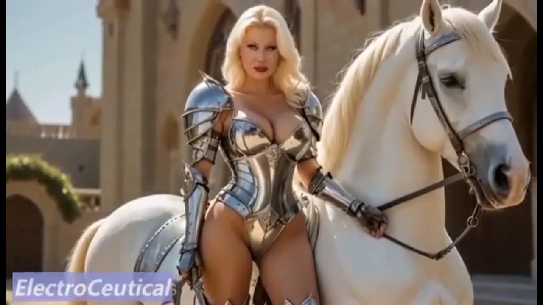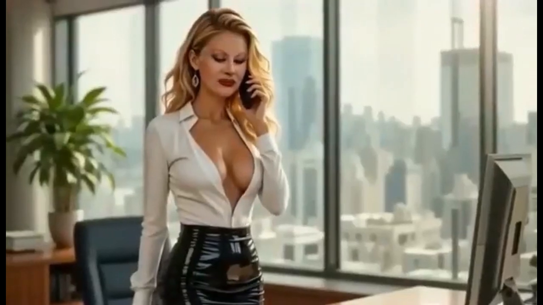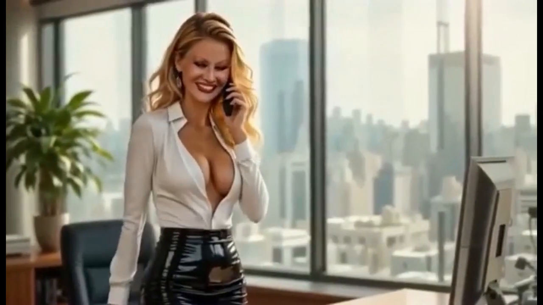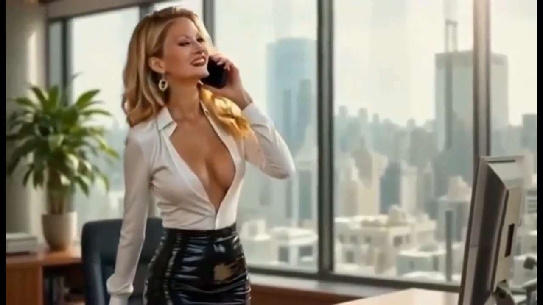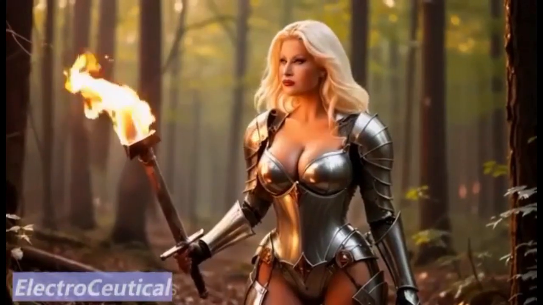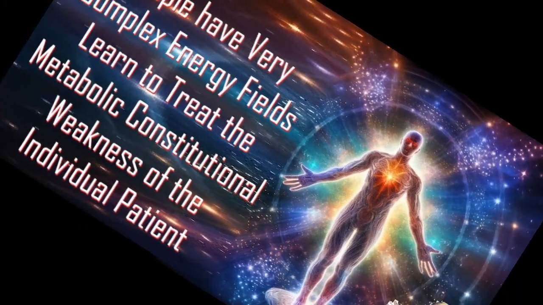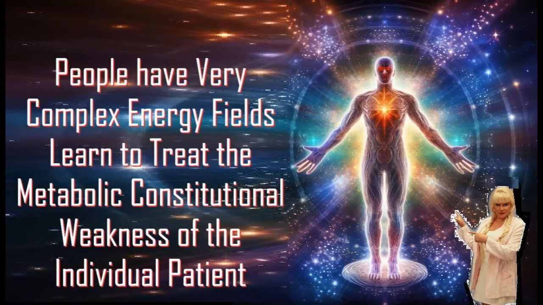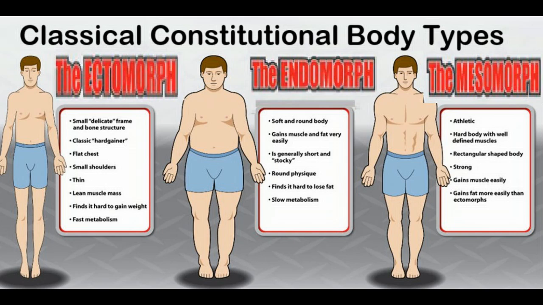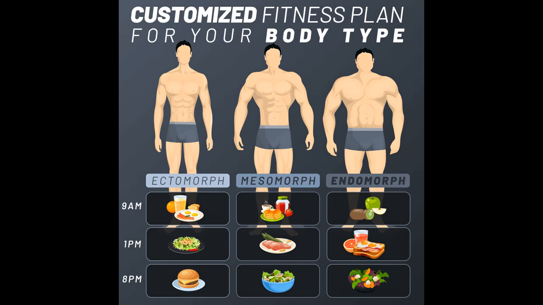But beyond all of that, we need to also recognize the individual and treating the individual, whether they be heavy, whether they be skinny, with all of these things that we happen, people are different. They have different body shapes, different body types, different constitutionals, whether you're dealing in homeopathy or acupuncture. All the way back to the beginning of medicine, people recognized that there was different constitutional types, different body types that had to be treated different in medicine. In grade school, I was taught about the ectomorph and the mesomorph and the endomorph. We're taught about all these little things to be able to recognize some of the ideas and recognize the differences in people.